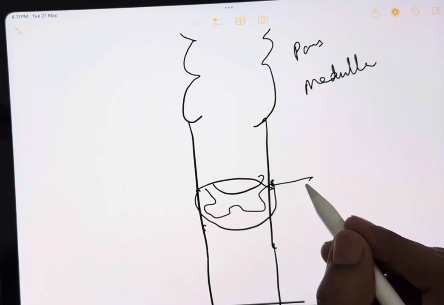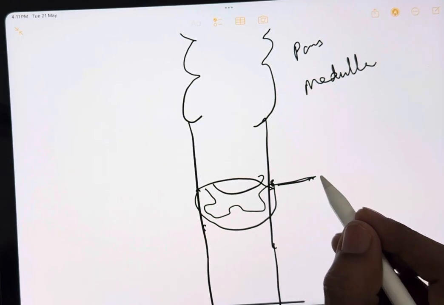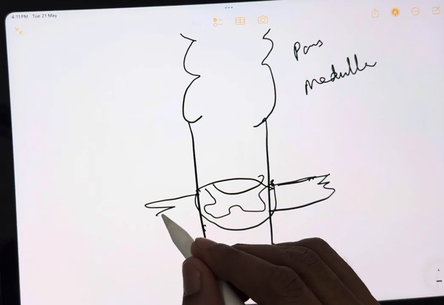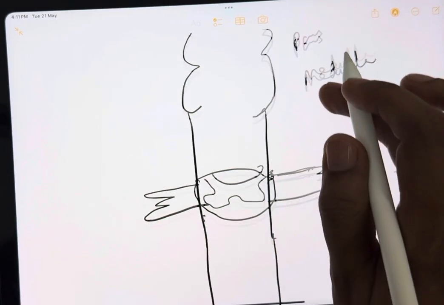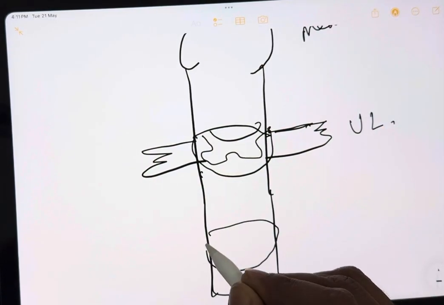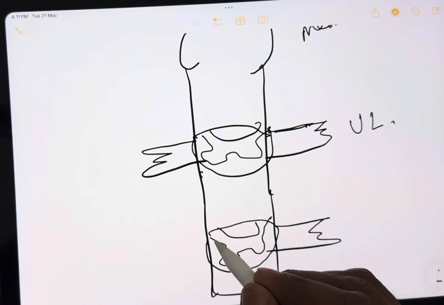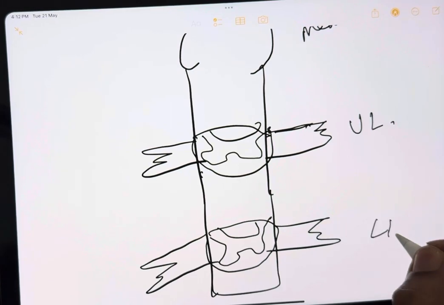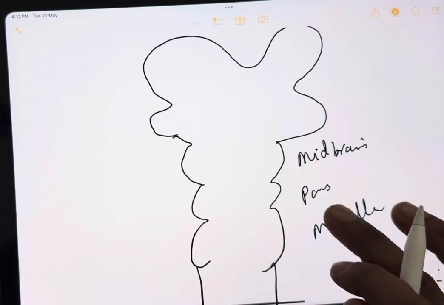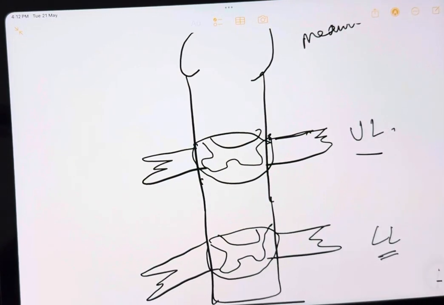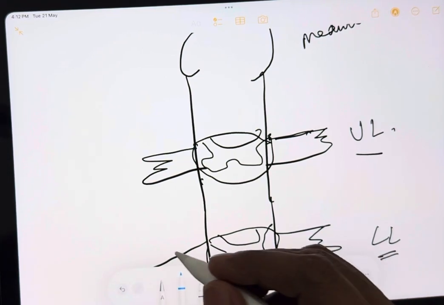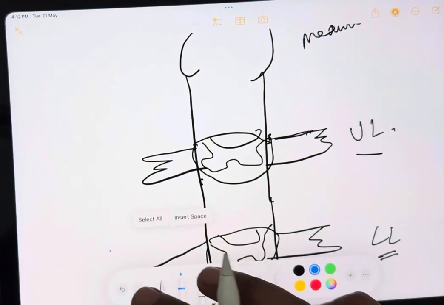So, consider this as the cervical and thoracic segment, which is carrying the sensation from the upper limb. And one more cut section of the spinal cord here carries the sensations from the lower limb. Just a rough line diagram, lower limb, that is the lower part of the body. Now, as I said,